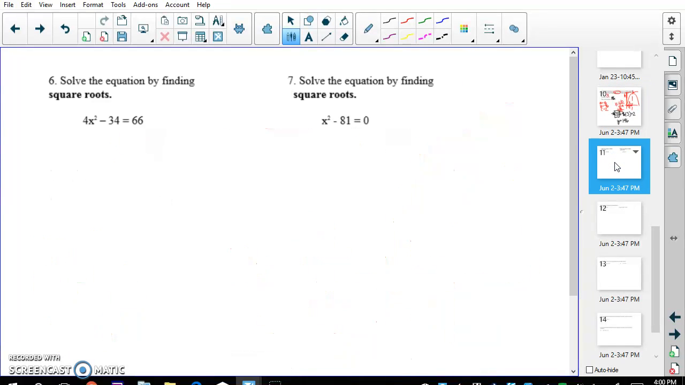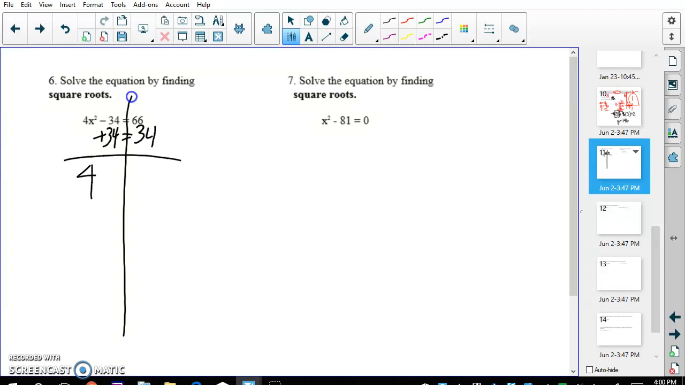Next one, solve by finding the square roots. Now, here's what you need to know. On this test, if it says solve by finding the square roots, for sure you can do that. But if it doesn't work for you, you get to solve it however you want. So, here's my thought. If it's by solving square roots, I'm just going to put the line down. That means I want to get the x squared by itself. So, if I want to get the x squared by itself, I have to add 34,